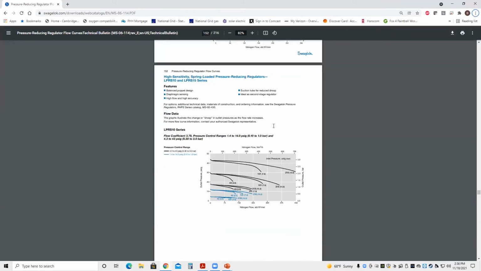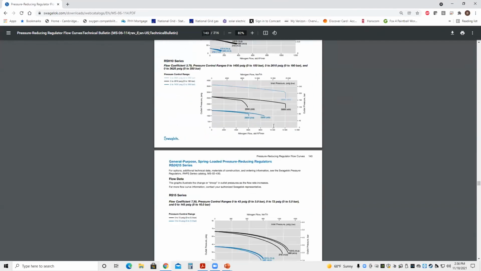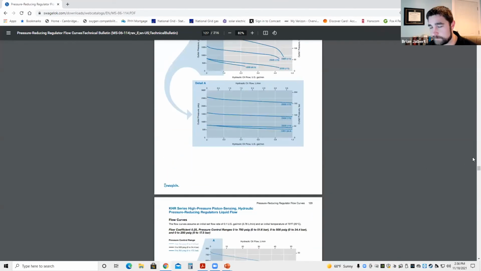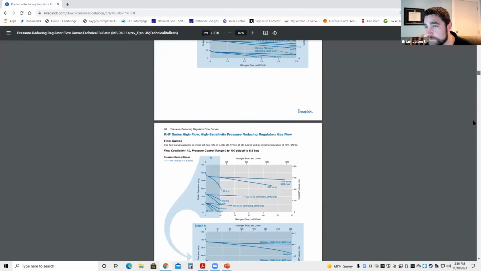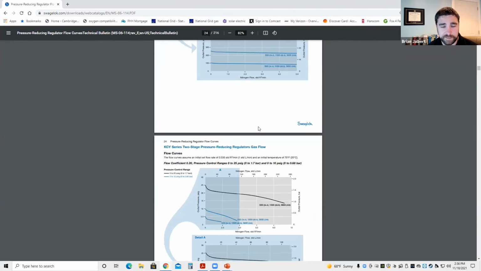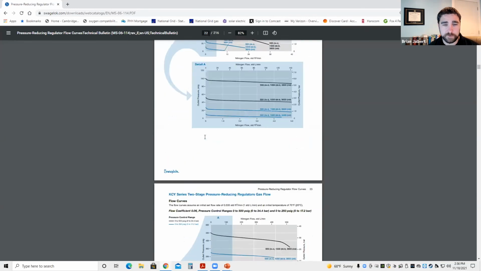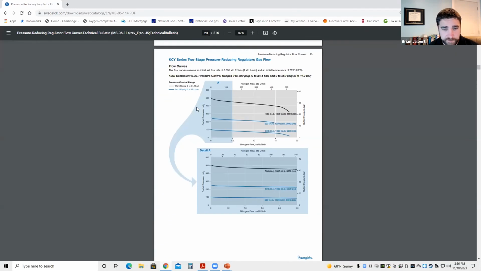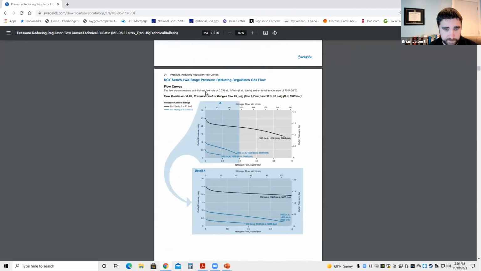Of course, my control buttons don't work in Zoom. So there we go. Let's say this is just a 1/4 inch regulator, but it's available with 4 different sized orifices. If we look at a 0.2 CV at approximately 25 PSI, we can see the lockup range ends at about 0.5 CV,